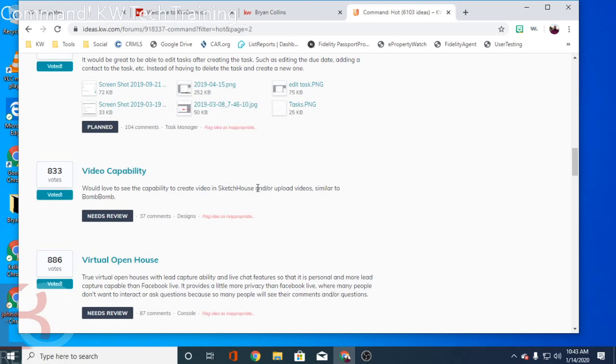The more votes you vote on, the faster they go. Well, I mean, this one has 5,000 votes and nothing else does. Is that about embedding a video into an email like BombBomb? I think they're asking if you can upload a video like BombBomb, but when you're doing your designs, because Sketchhouse